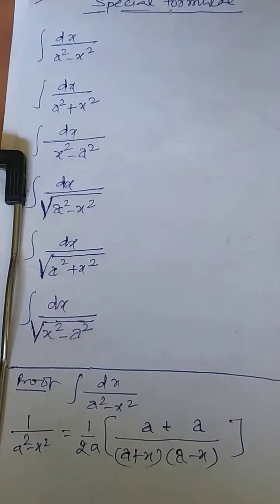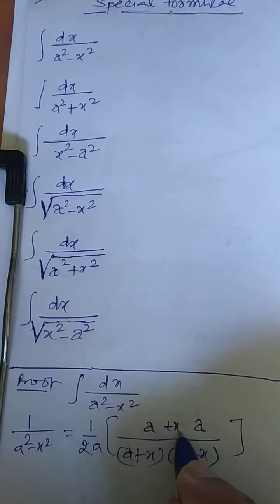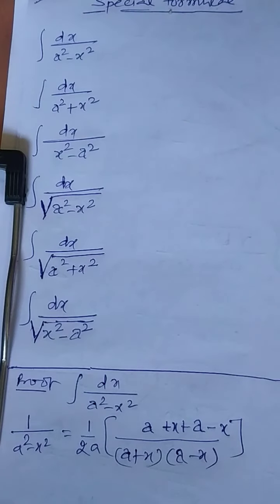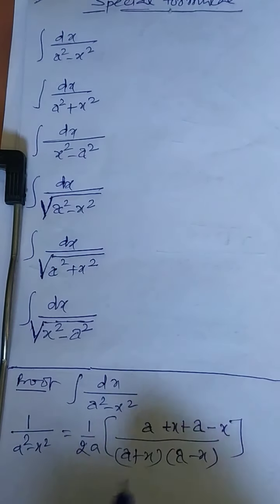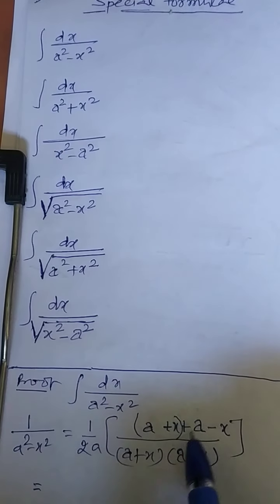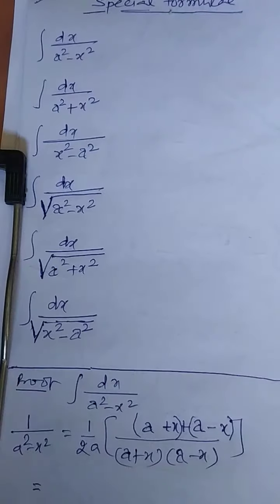and this 2a will get cancelled. Now what I am doing, I am adding x over here and subtracting x over here. Is it okay now? Because this x will get cancelled, 2a will also get cancelled. The intention was to get a separate. Now I am putting a bracket. Next step, see what I am doing there.